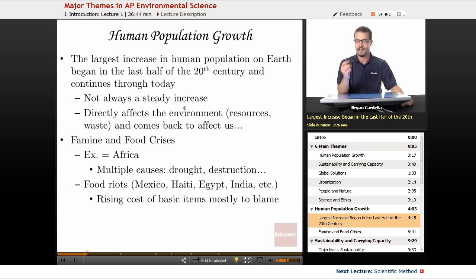It's not always been a steady increase. And of course, you can imagine why there's been a huge increase in the last century or so. It's not just medicine. It's not just finding sanitary solutions or combating disease or figuring out how to solve malnutrition. There's a lot of contributors to the reason why the population has increased so dramatically. You've probably seen this before somewhere. So on this y-axis is the number of people, and on the x-axis is time.